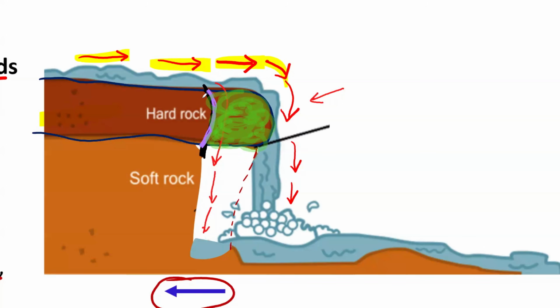So just imagine that it has fallen off, and now your cap rock is reaching this level that I'm highlighting in purple. This is now where your hard rock is reaching. So now this means that whenever the water is flowing, Grade 12s, it will start falling here. So the waterfall will start being here.